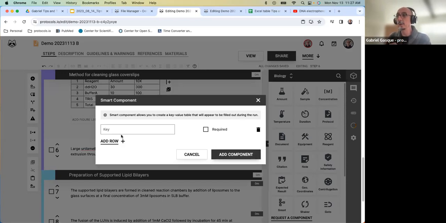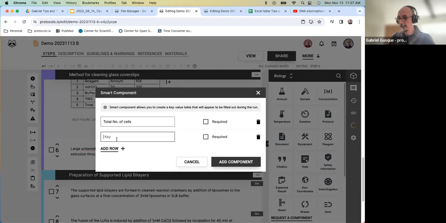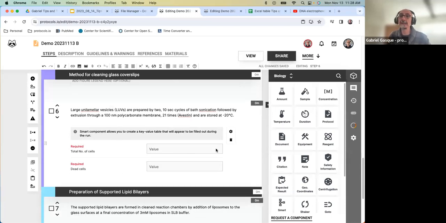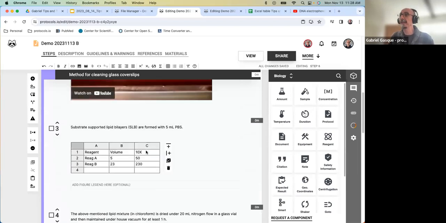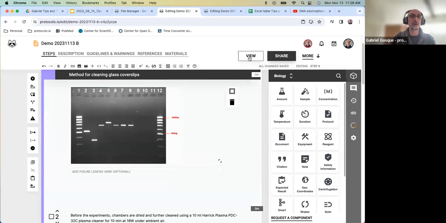Let's say that what I do is I count number of dead cells in a microscope field. So one value that I need to capture is the total number of cells. And then the second value is the number of dead cells. I can mark both as required and add my component. And what I see here is sort of a table, right? But the value of this table is actually during the run. So if I go to the viewer,